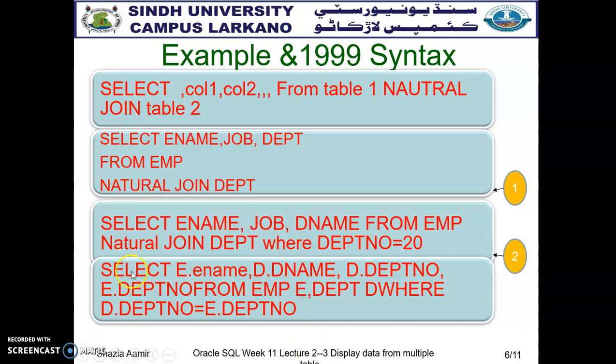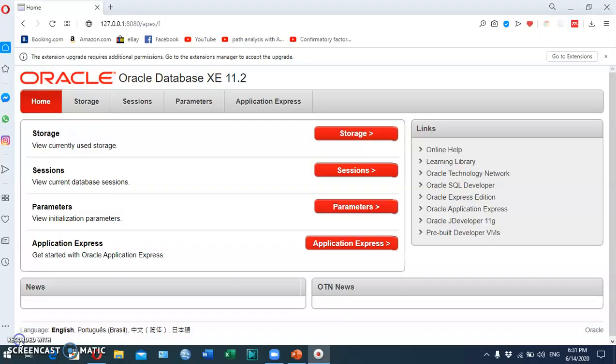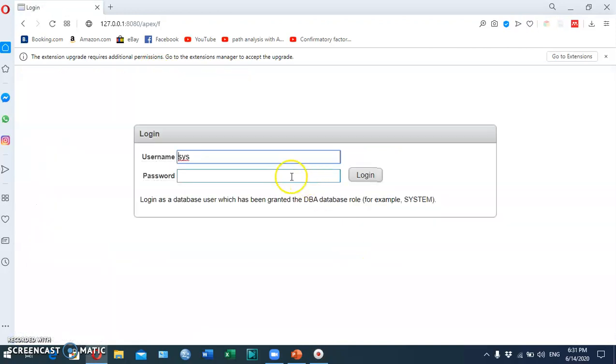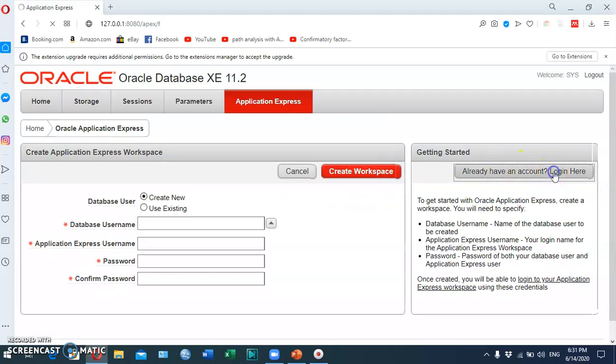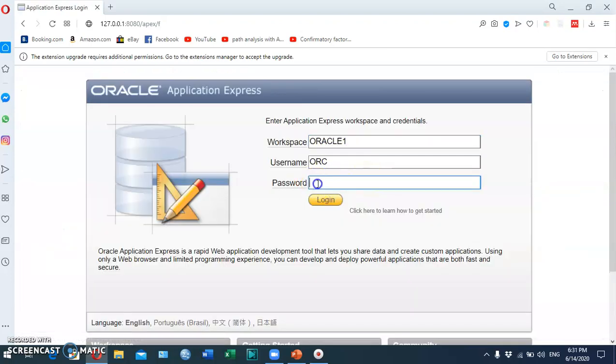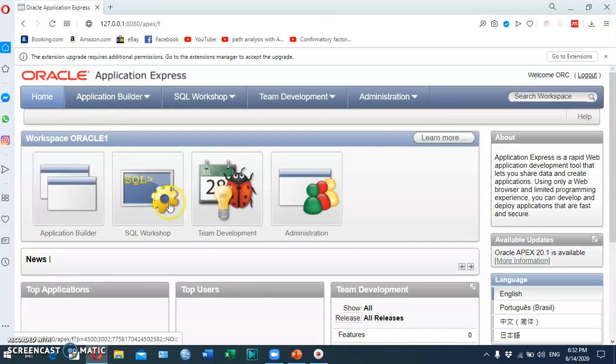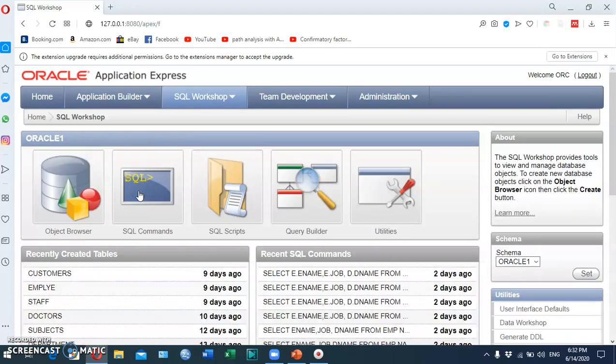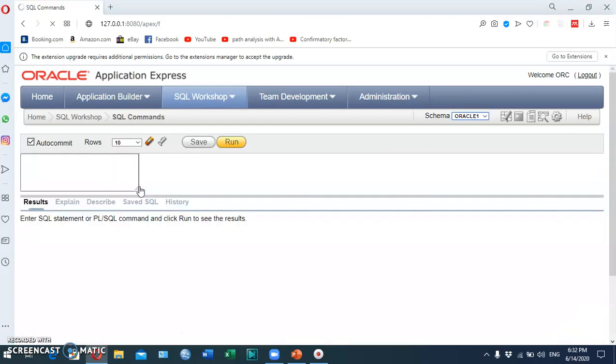We will do this practically by using Apex software. Here we have Oracle Database 11g Express Edition. We use this to log in to our system with the sys password, then log in through the Apex environment. Then go through the SQL Workshop and select SQL Commands.